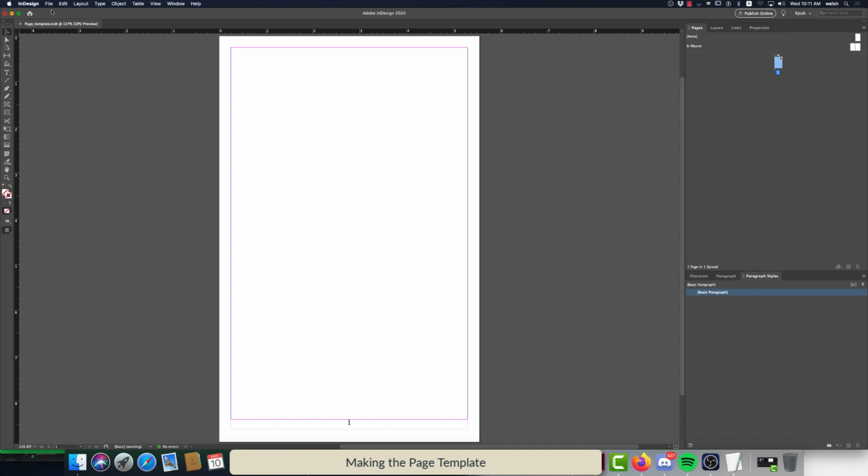And a template file is really nice because if you are in a hurry, you don't accidentally save the wrong things on it. So now we're going to add our paragraph styles to this template. We do that by clicking on the text tool, click and dragging from corner to corner